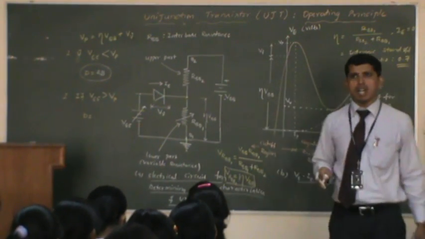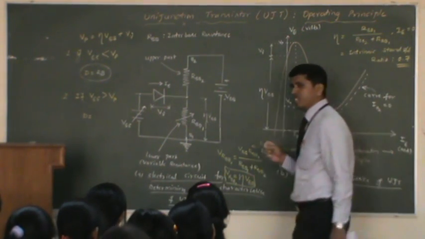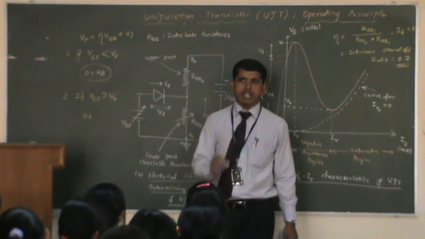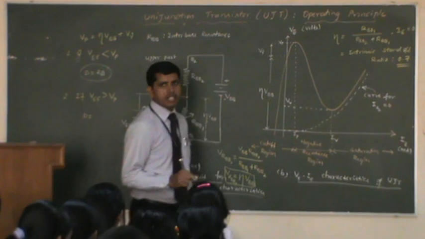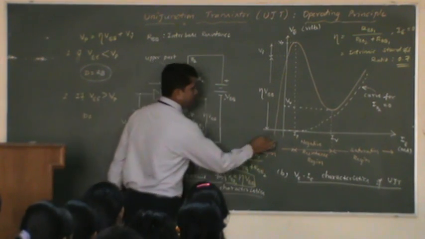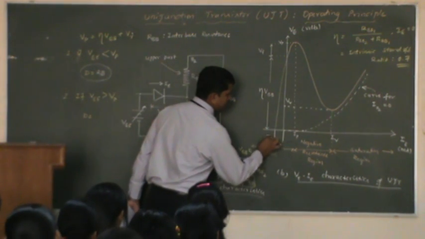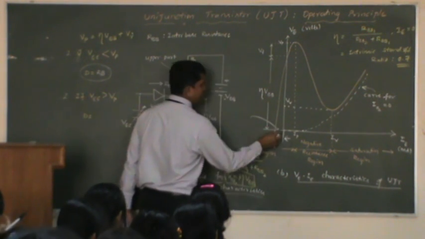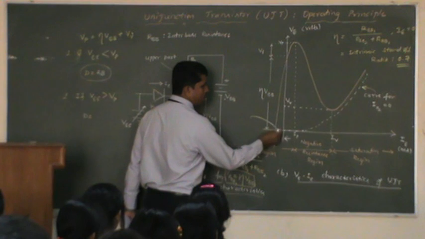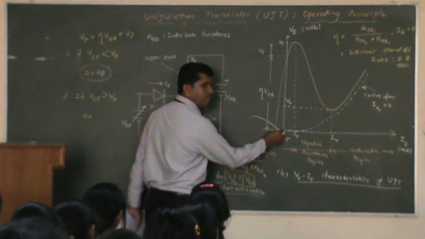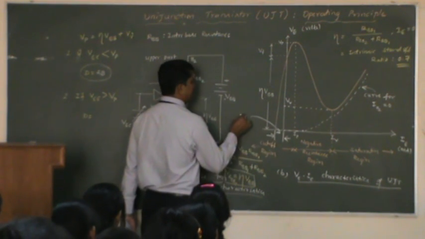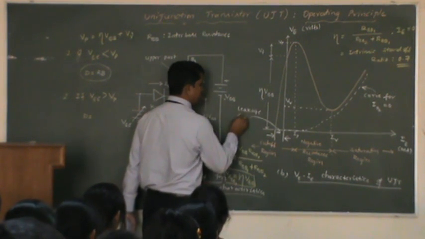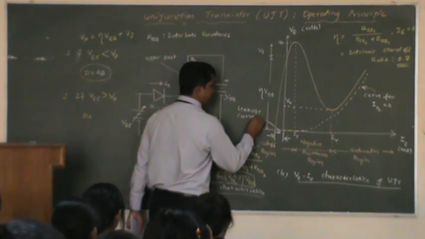When the diode is reverse biased, there will be some minority charge carriers which keep flowing, a small amount of current. That current is called leakage current. That's why you get a small curve here. So this is a leakage current which is flowing. This bit here tells you the amount of leakage current.